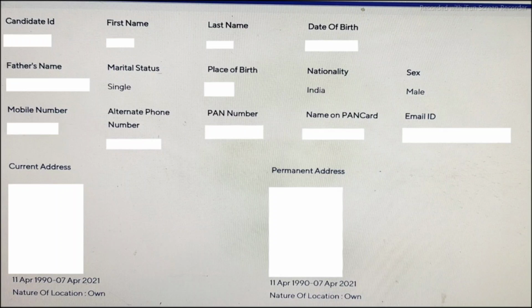So in the first section you will find some details you need to fill, that is your candidate ID. It will not look like this because in this case I have screenshotted it after I have filled the form, so it would be different on your screen when you fill the personal detail sheet. You need to fill the candidate ID which you will find in your offer letter, and your first name, last name, date of birth, father's name, marital status, place of birth, nationality, sex, mobile number, alternate phone number, and your PAN number,